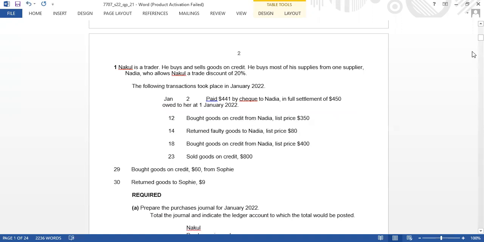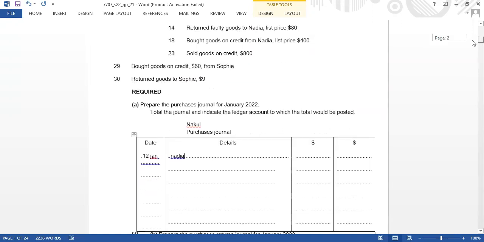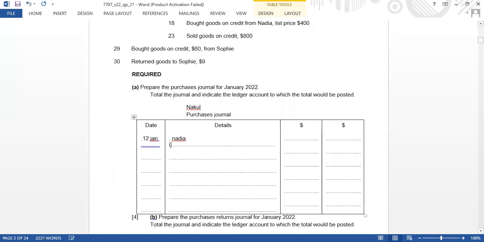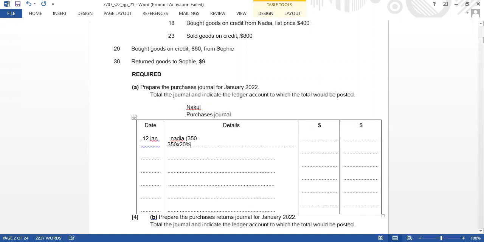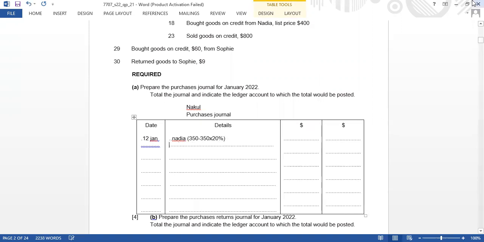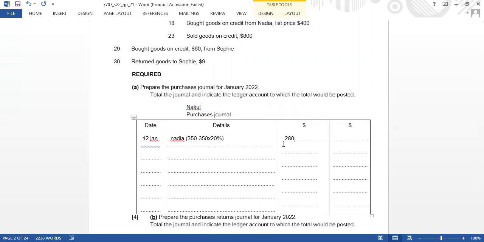That will be deducted from $350. That means 350 minus 350 multiplied by 20%, that is 280. Then we have on 18 January,